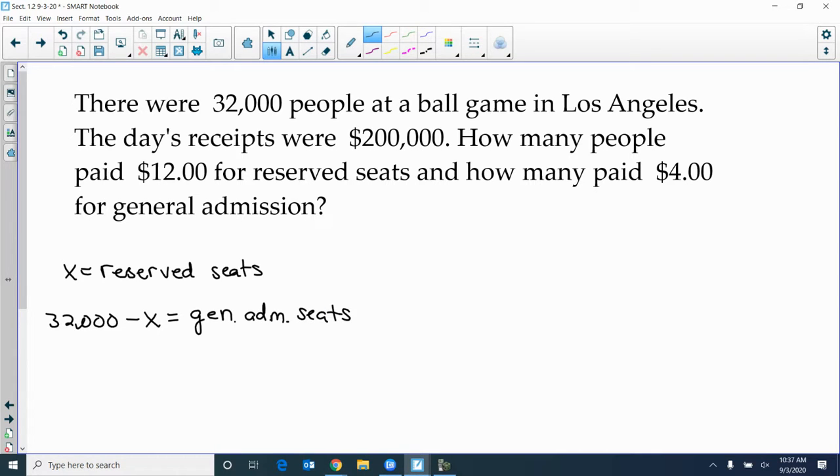All right, now the money's going to come into play. So you pay $12 for every reserve seat, and you pay $4 for every general admission seat, and we get a total of $200,000, right? So 12 times the number of reserve seats plus 4 times the number of general admission seats equals 200,000. But I'm not going to use G for general admission. What I'm going to put in that spot is 32,000 minus X, because they have to add up to 32,000. So that's going to be my equation: 12X plus 4 times (32,000 minus X) equals